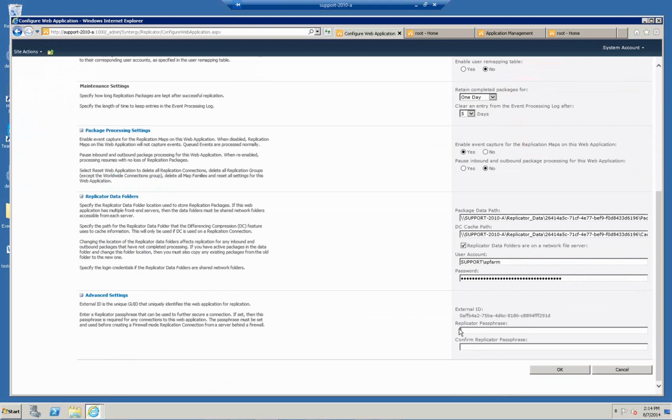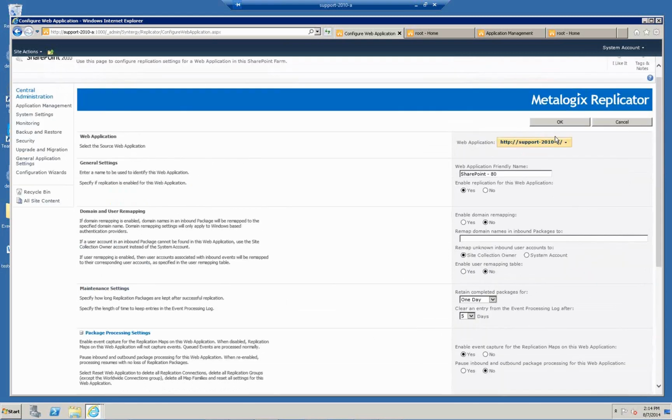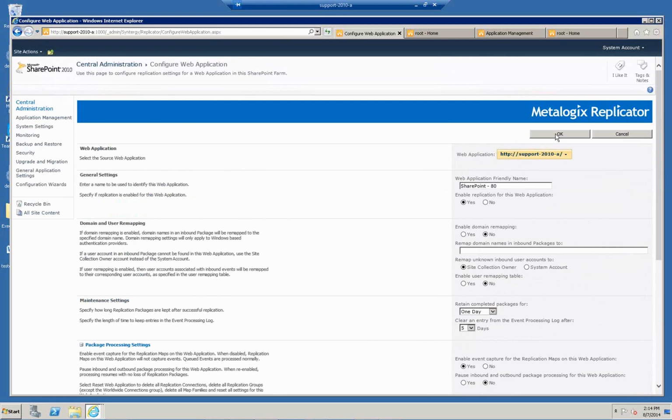We want to make sure that we're only talking to the destination that you've given a passphrase for. So nobody could set up replication and fake basically a different endpoint. Okay. All right. So once you have that enabled, you click OK, and what happens at this point is a